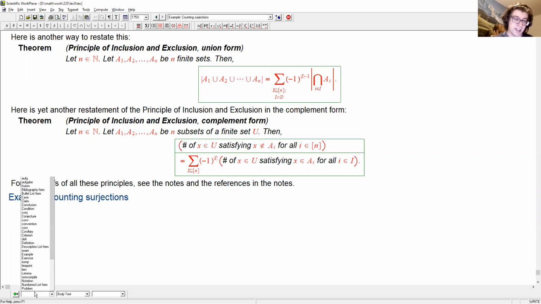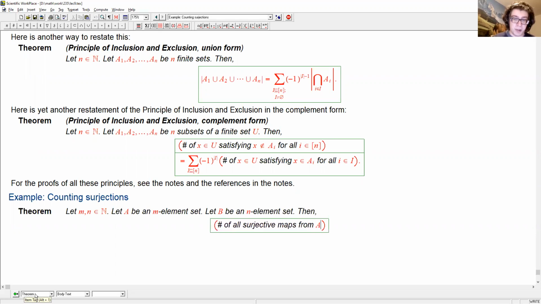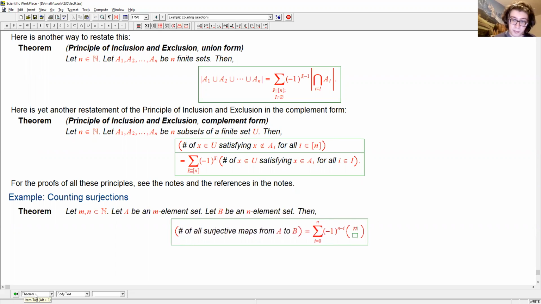And here is the answer. It's probably the most complicated of these answers. Let m and n be non-negative integers, let A be an m-element set, and let B be an n-element set. Then the number of all surjective maps from A to B is the following: the sum over all i from 0 to n of (-1)^(n-i) times (n choose i)